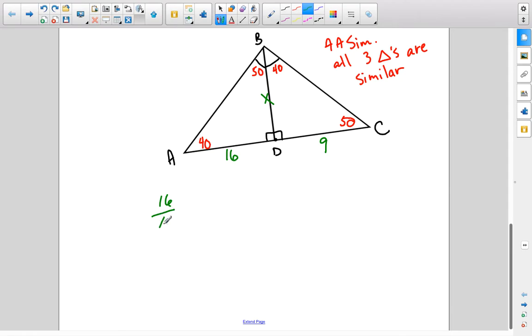16 over x equals x over 9. So I cross multiply and I get x squared equals, let's see, 16 times 9 is 144. Take the square root of both sides. If x squared equals 144, x equals the square root of 144, or 12. Okay, that's when I'm looking for the length of the perpendicular